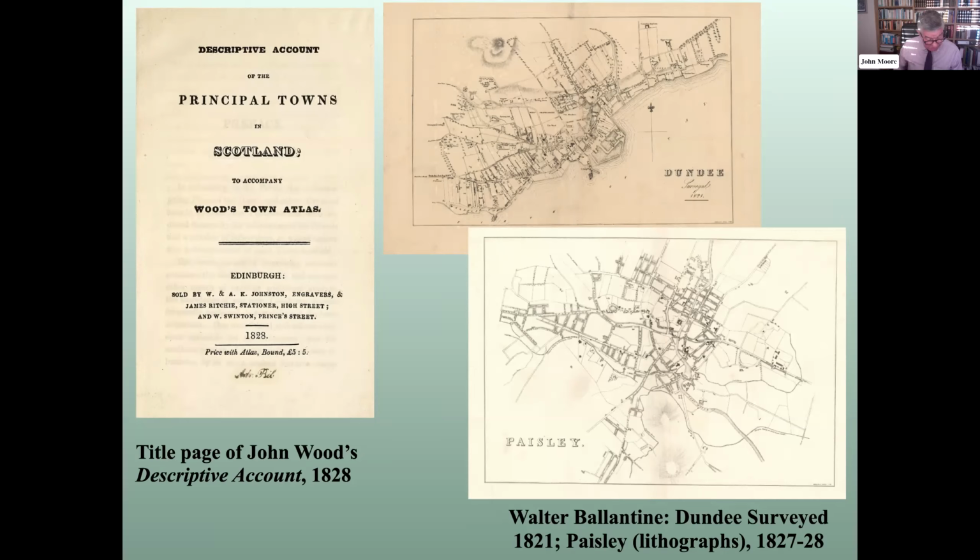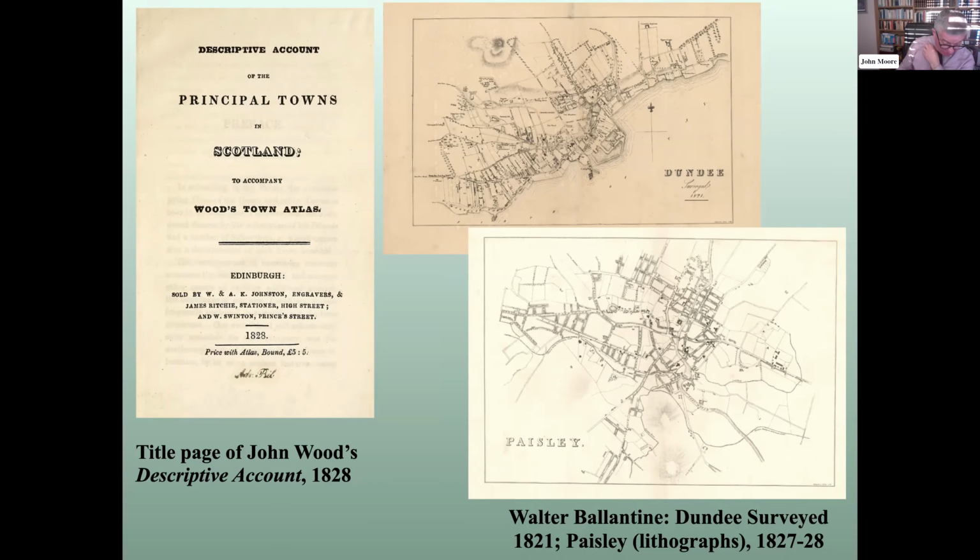To add to the confusion, the plan of Dundee, included in all known copies of the composite atlas, is this rather inferior lithograph at the top of the page, which you can see, prepared in 1827 by Walter Ballantyne. And it seems a poor substitute for the earlier image. Ballantyne may have created this version to fit a reduced atlas page size, but this seems a weak argument in defense of such a shoddy replacement.